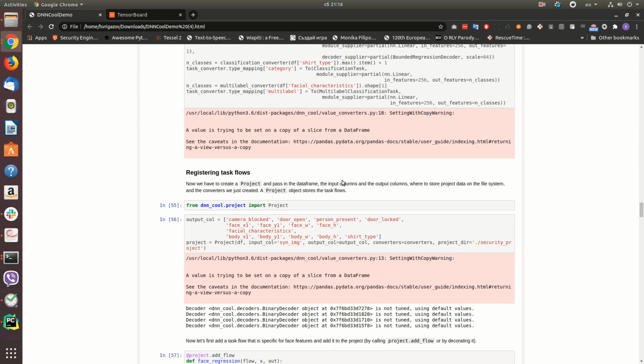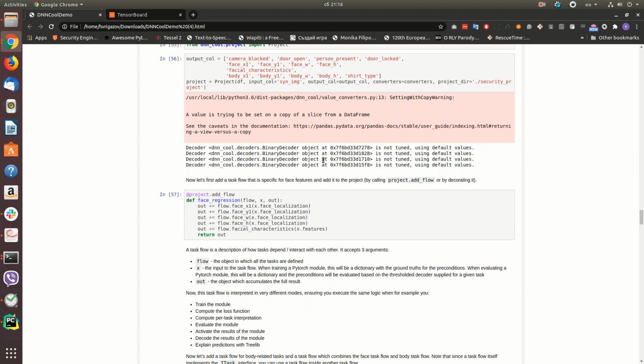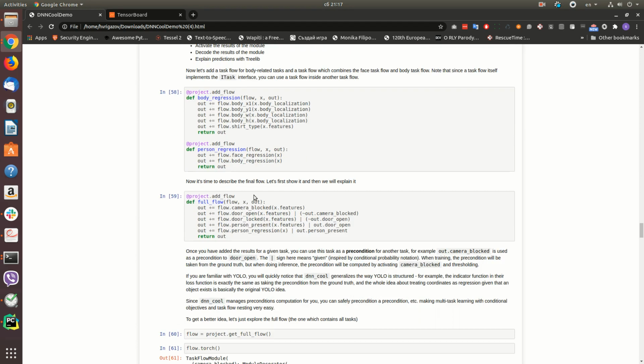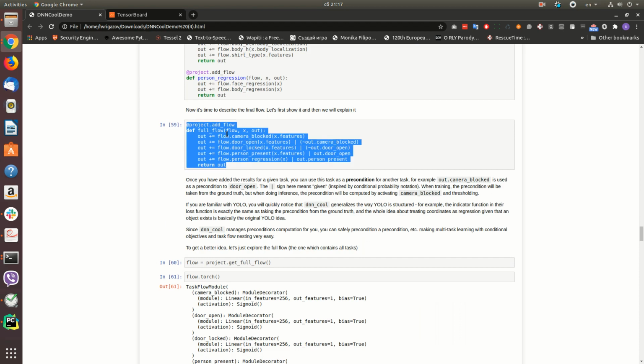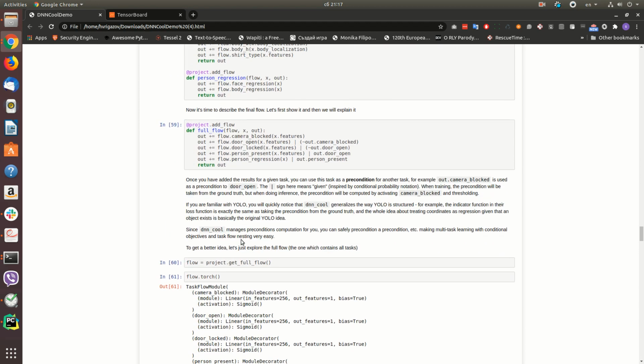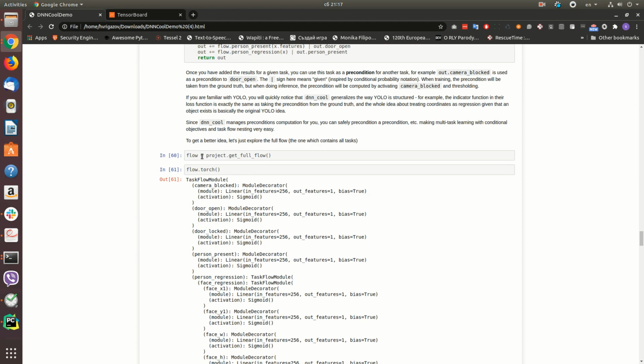Yeah, so if you're interested in exactly how it works, you can open this in Colab and see it step by step with the explanations. Here are all the task flows, so body regression, person regression, full flow, and so on. And this is the important stuff. Once we create the final full flow, which has all the tasks in there, when we say flow.torch, it returns a normal NN module,